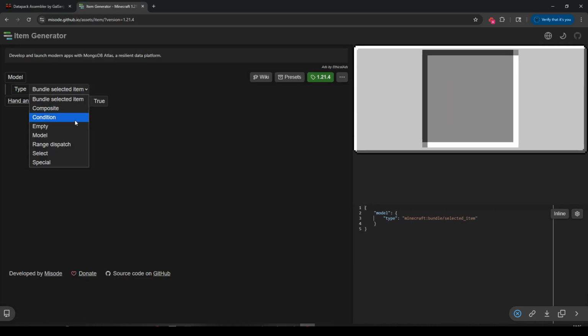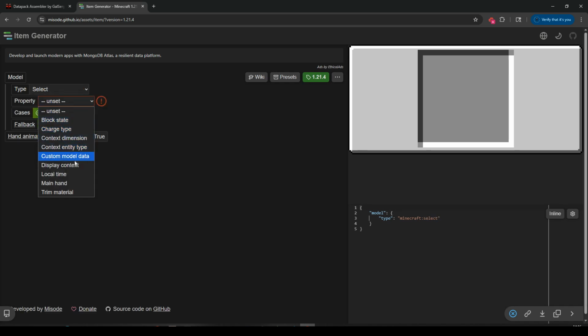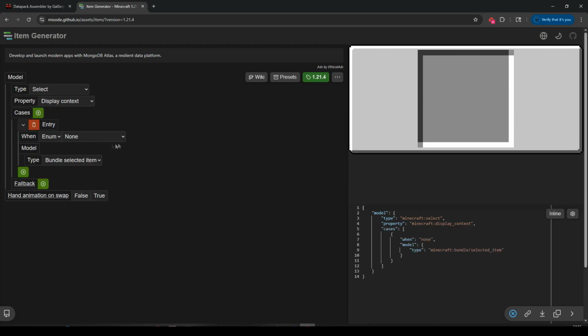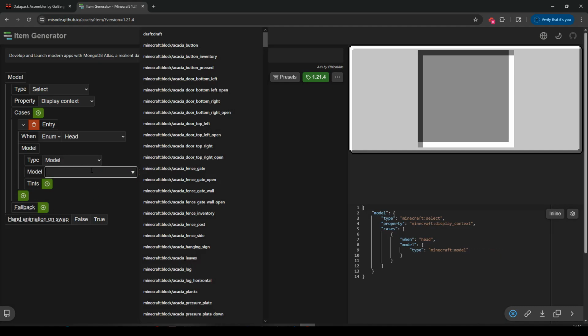First thing, what do I want? I want to do a select. The property is going to be the display context, so where is it being displayed? First entry, when first person, right hand, head. Okay, when it's on my head, I want to use a model, and the model I'm going to use